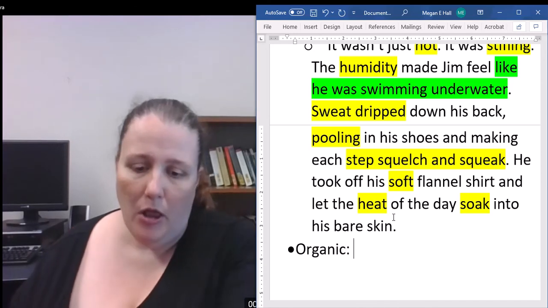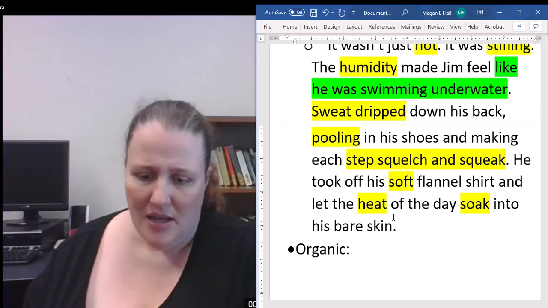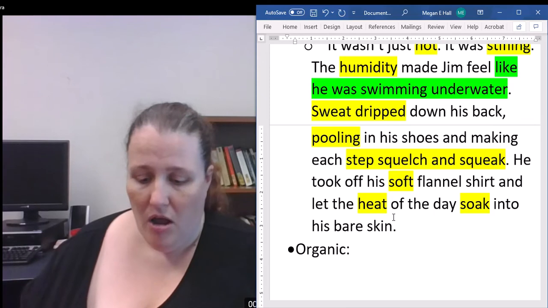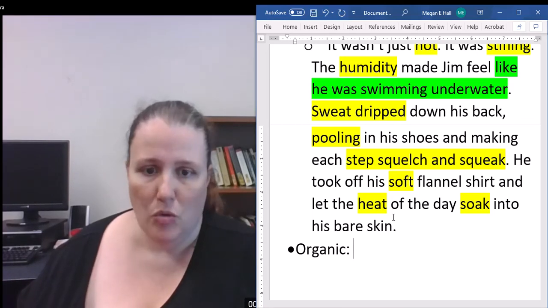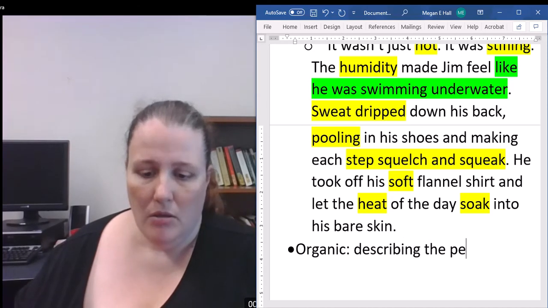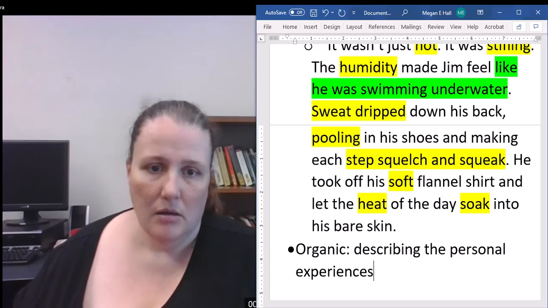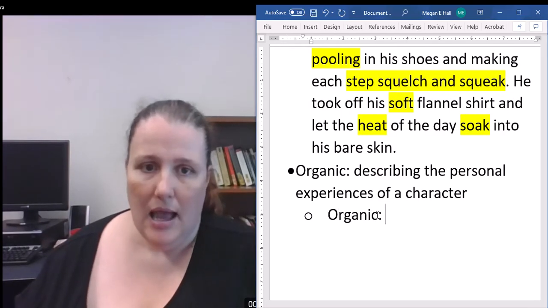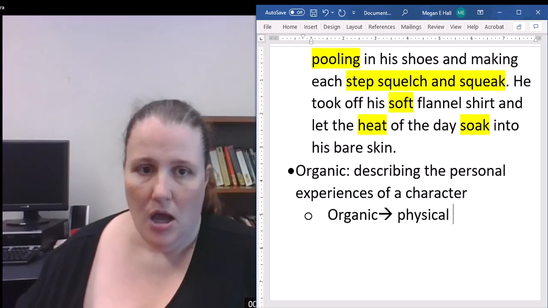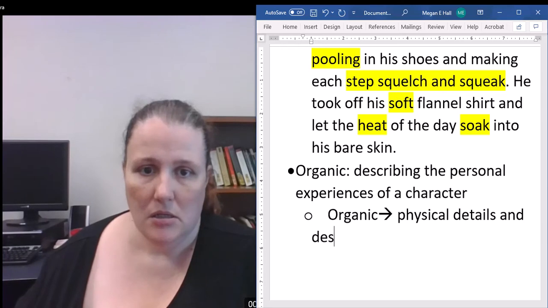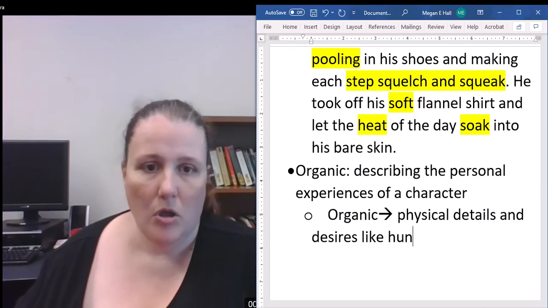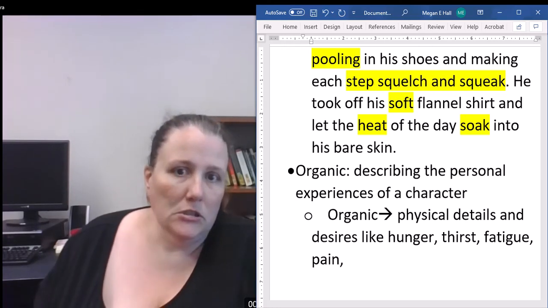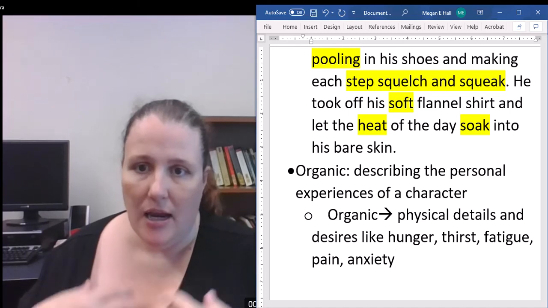So last type of imagery is organic. Now, sometimes people break this into two, and sometimes they have just one. The other word I will get to in a minute, but essentially this has to do with describing the personal experiences of a character. Now, sometimes people break this up to say that organic has only to do with physical things, physical details and desires. So things like hunger, thirst, fatigue, pain,